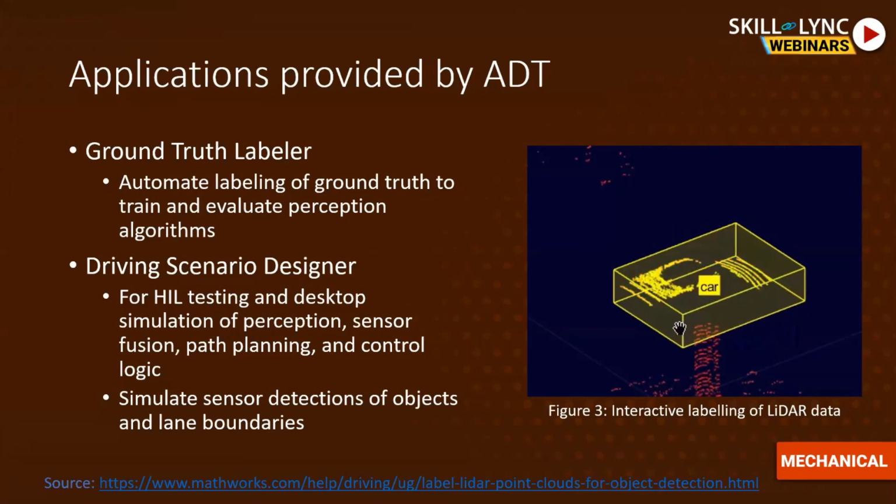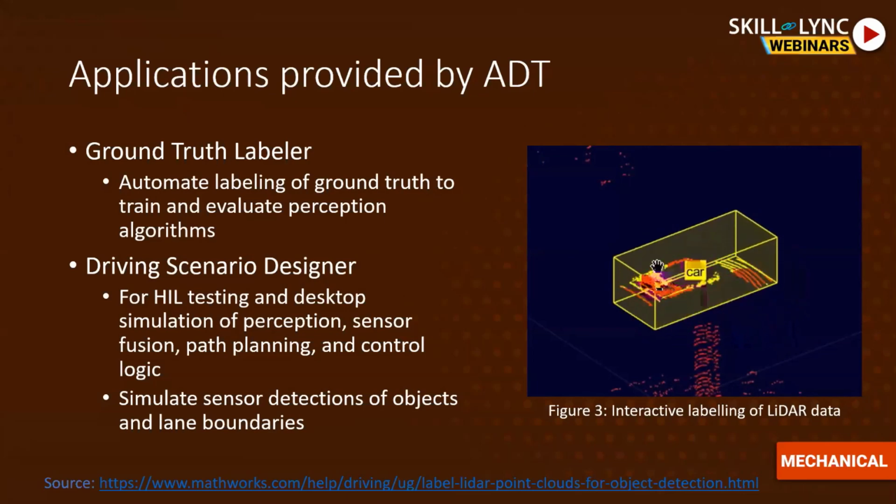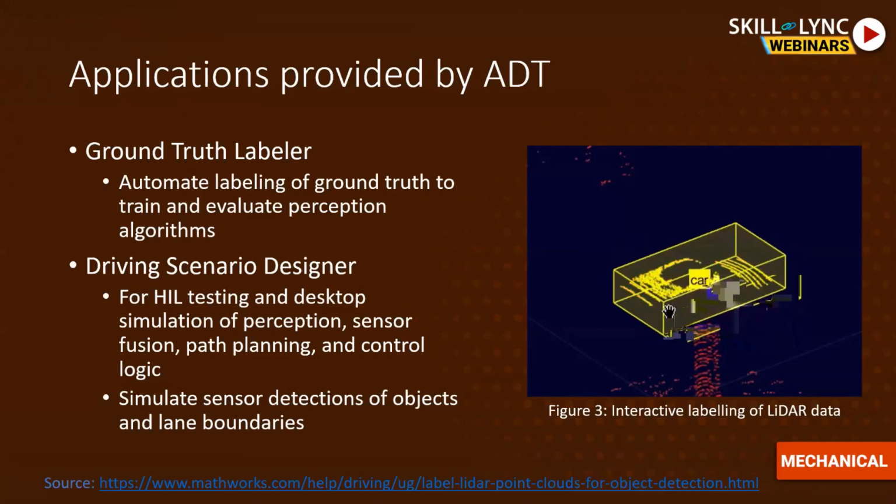We all might be aware of the importance of machine learning and deep learning in autonomous driving. When you deal with any kind of training, you need to have access to the real ground truth. And with the ground truth labeler app, it has just been a piece of cake. It is a very easy and intuitive approach that even a person who has not dealt with this much can easily get hands-on with it and learn it within a few minutes.